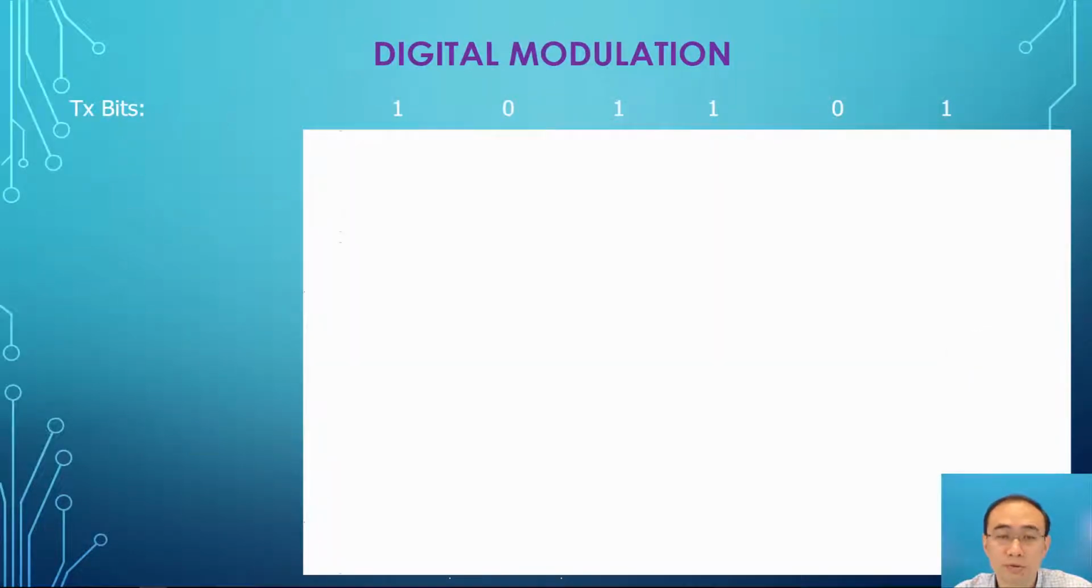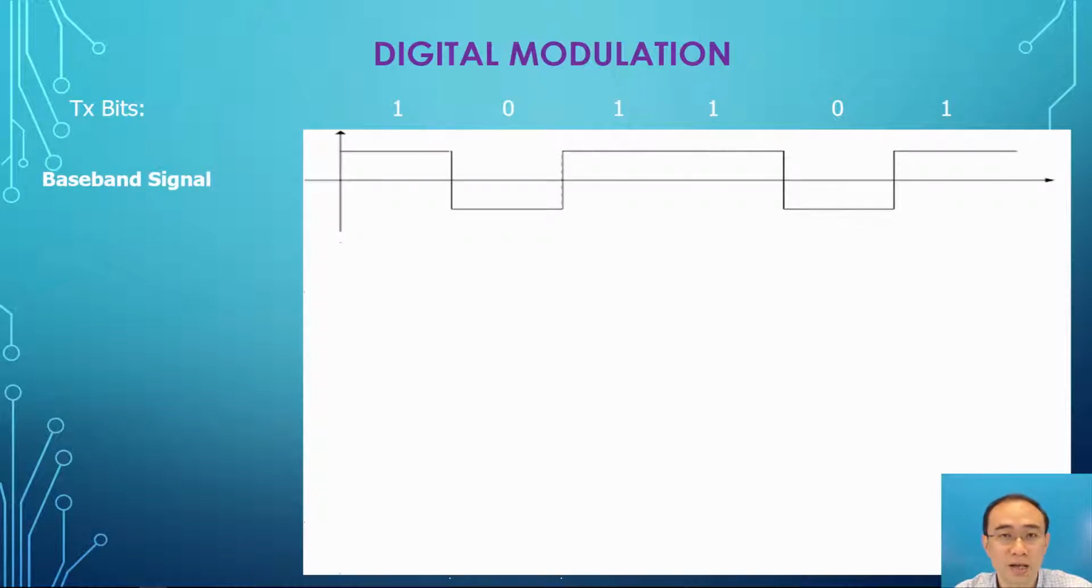We can perform a similar process for digital modulation. Say for example, if you have a binary sequence 1, 0, 1, 1, 0, 1 you want to transmit, we can use different voltage levels to represent bit 1 and bit 0 respectively. That is what we call the baseband signal, where a high voltage will be transmitted if you want to transmit bit 1,